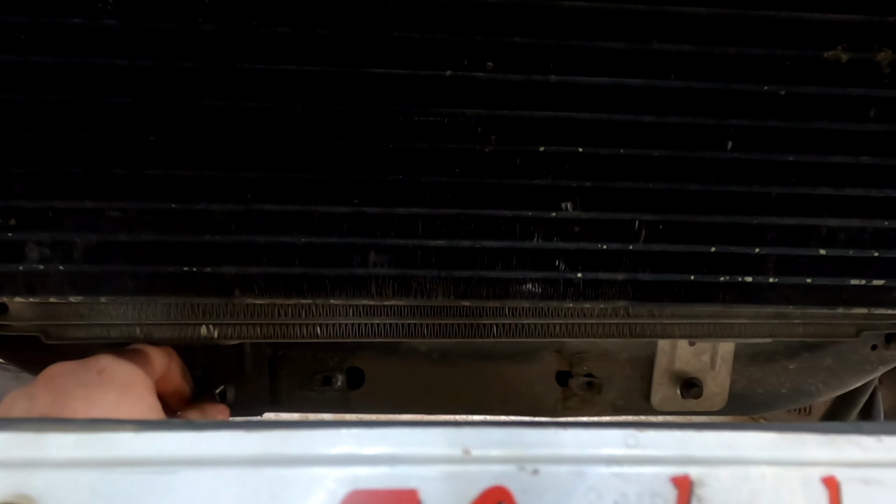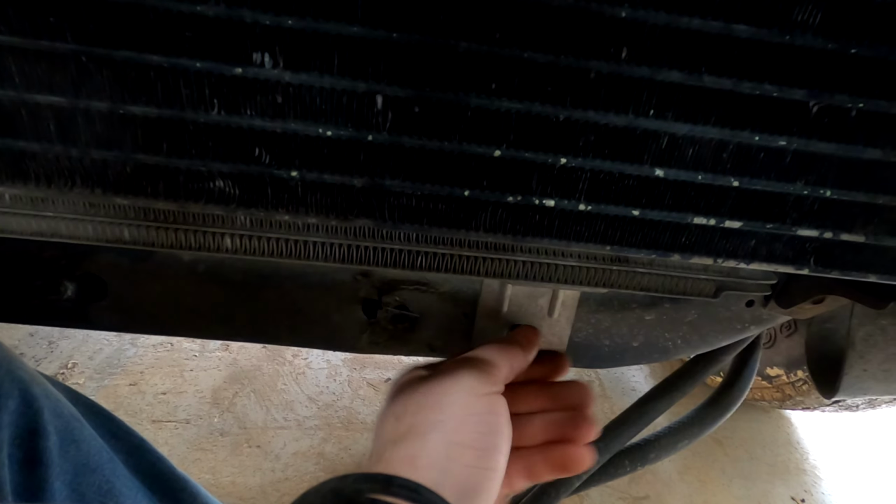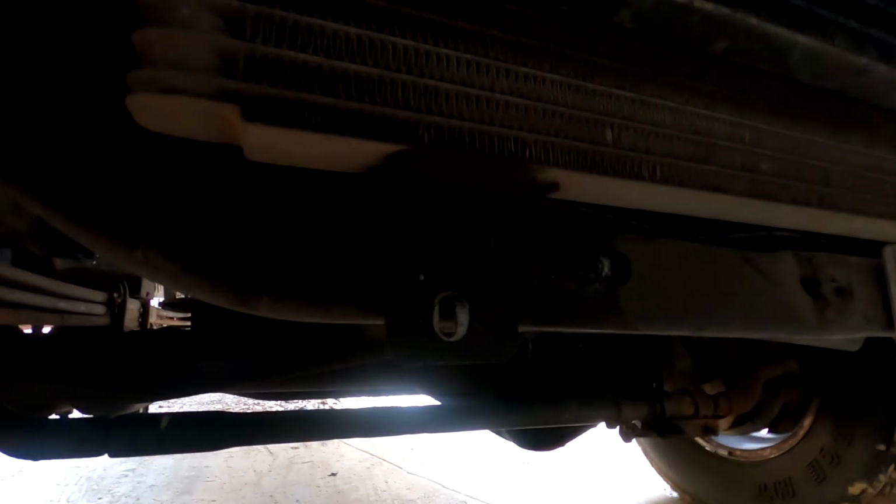All right, so I've got it loose. Once I take these bolts out down here, this should fall down. So this, as you can see, just kind of slides down. Well, not really. I think the wires or the lines may be holding it up. Yeah, so the lines are on top of this one, and they're really just keeping it from